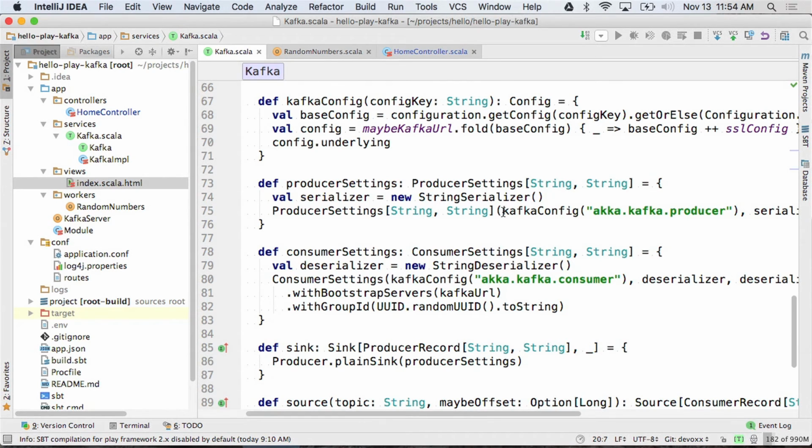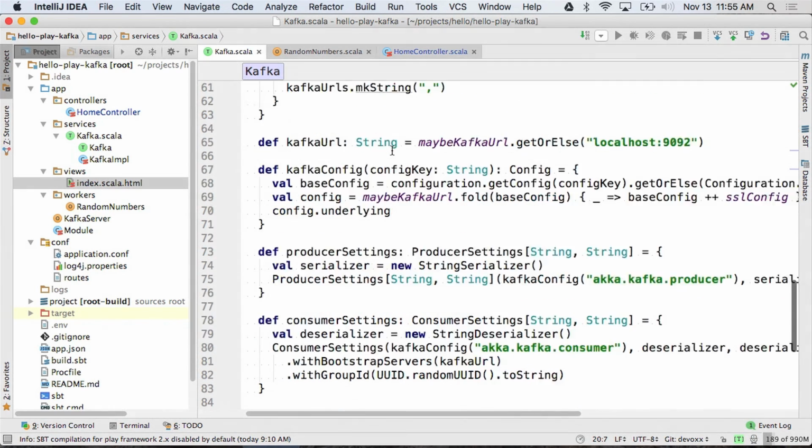Okay, so the code that I'm using here is using something called Reactive Kafka, which is a library for Akka streams. Akka streams is a really basic source and sink system API, and in the case of Akka streams, it's built on top of Akka. But there are other implementations for what's called reactive streams out there as well. Okay, so this is using Reactive Kafka.